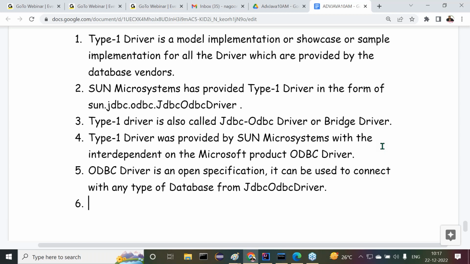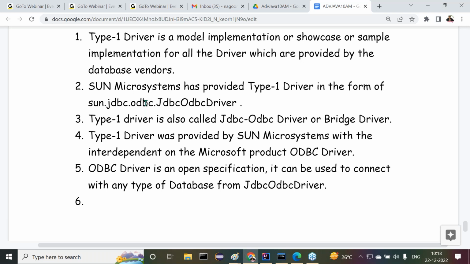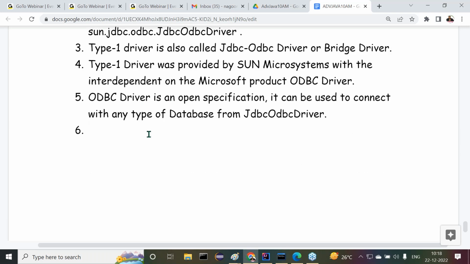Is this clear to all of you? Whatever points I'm telling, all of you are getting clarity on this? So this is the meaning of the ODBC driver, basic information now. Okay, fine. Observe carefully. The Microsoft product ODBC driver, listen carefully. This is a drawback actually with the type 1 driver, but understand it. The Microsoft product ODBC driver is very much